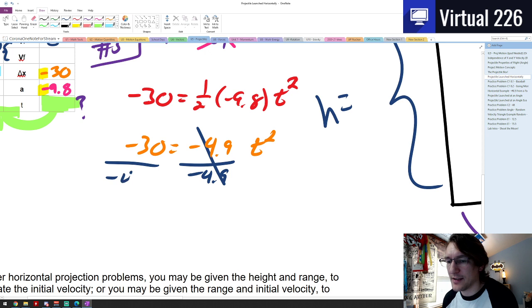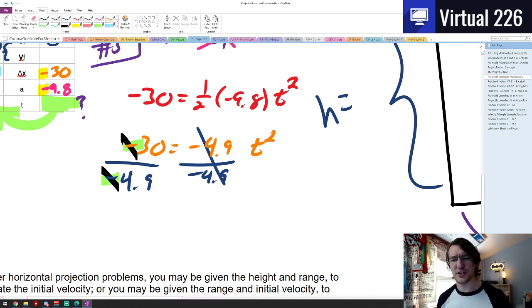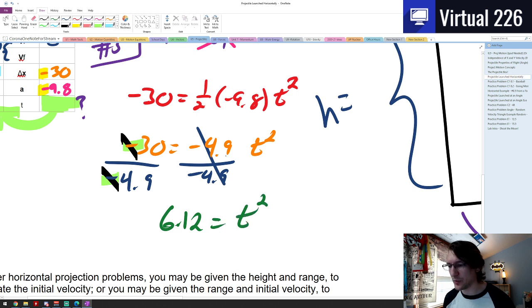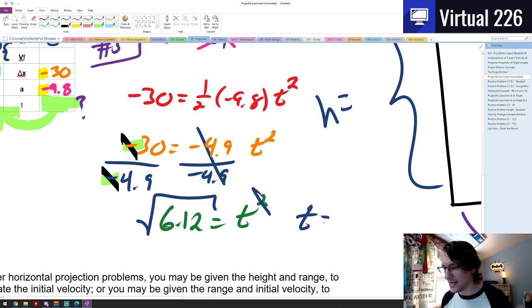This is very nice that the negative and negative are here because they're going to divide or cancel out. If they didn't, then when I took the square root of each side to get rid of that square for the t, I'd get an imaginary number, which is anti-bueno, okay? So 30 divided by 4.9 gives me 6.12, and that equals t squared. And then, like I said, we need to take the square root of each side to get rid of the squared. So the square root of 6.12, as we do this math, we get that the time is equal to